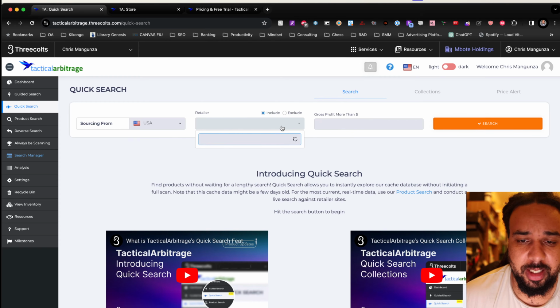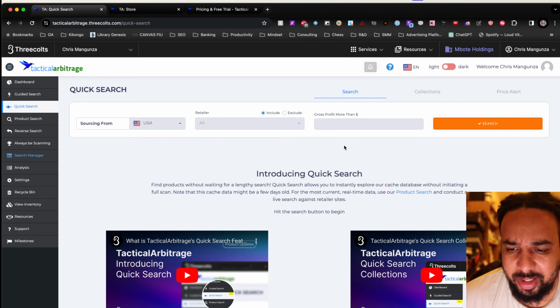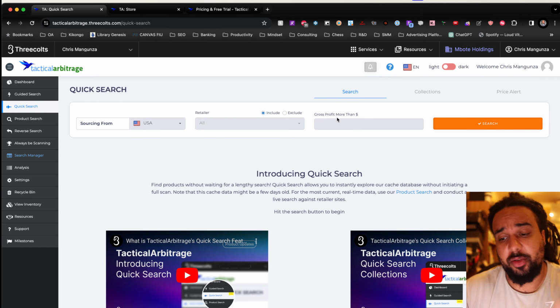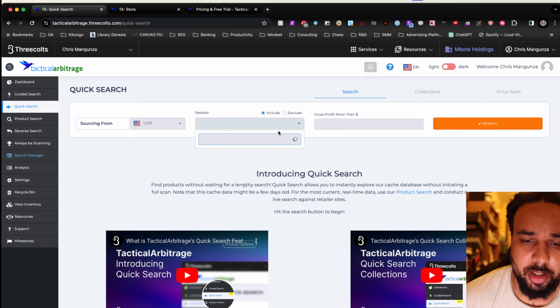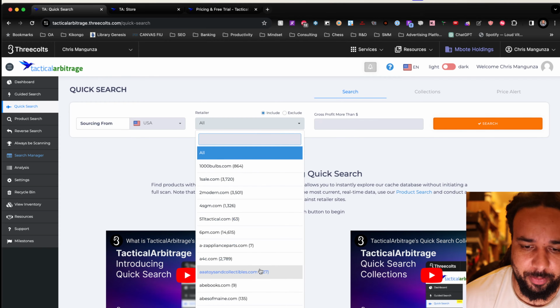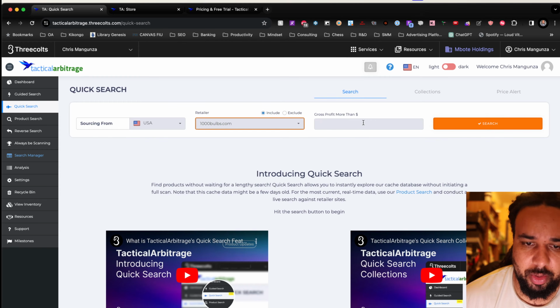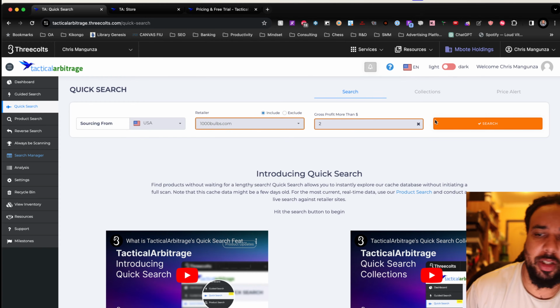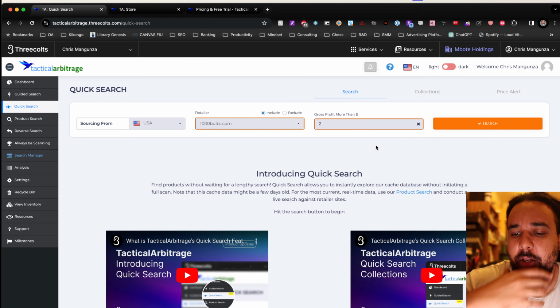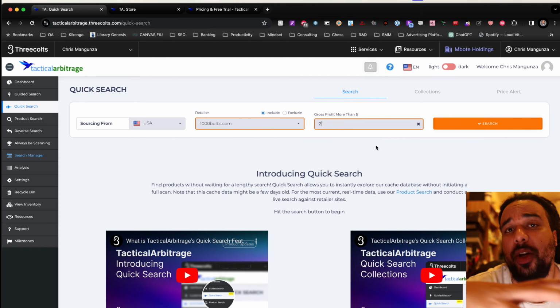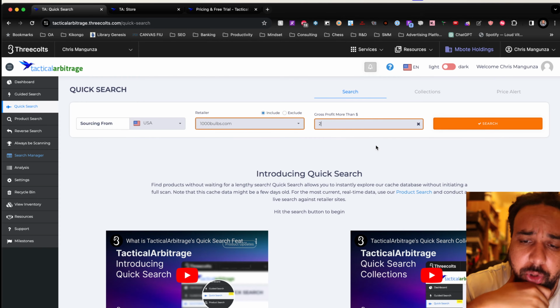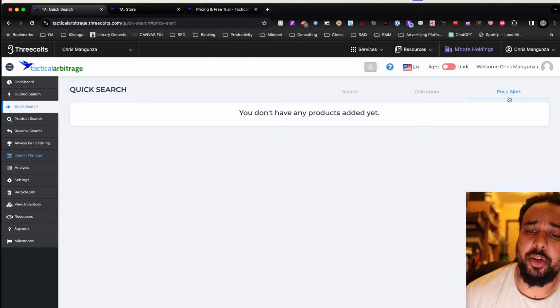Here you go, we can see that. And I'm not even sure, I think it's your personal cache. I'm not even sure because this is a feature that I do not use. But let me see, yeah. So here we go. We could do this, say gross profit more than $2 and actually run the search. Yeah, no, I think it's the cache for every single user. You could even set price alerts right there for some items if the item goes down